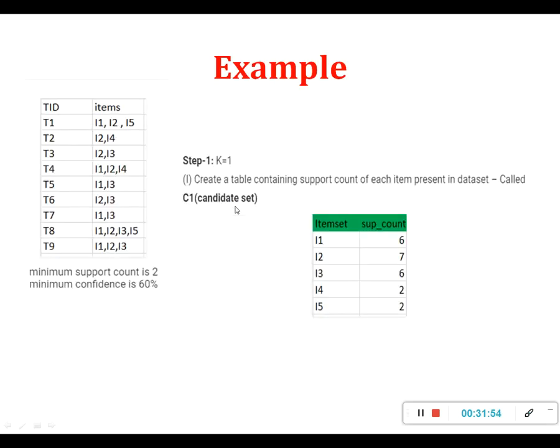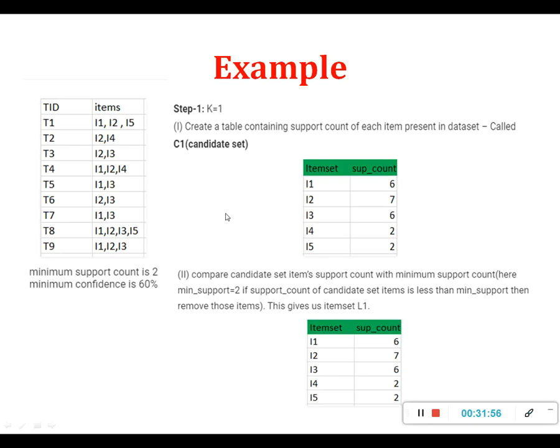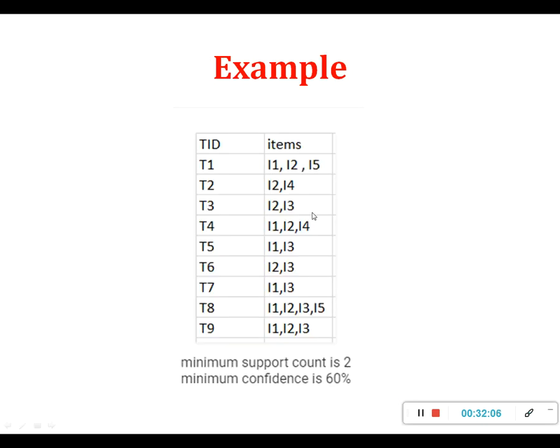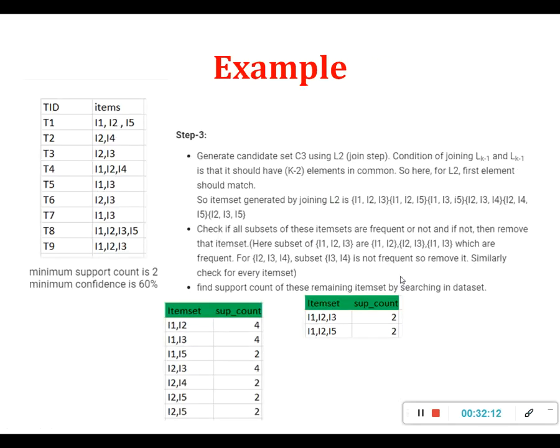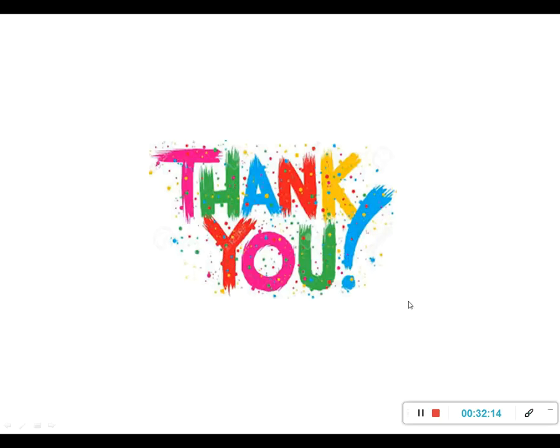And here we have seen the example. By looking at the example, and then understanding the algorithm after looking at the example, it becomes a little easier to understand this algorithm. So we have seen the example and the algorithm of Apriori. Here we have finished the topic of the Apriori algorithm with the example.